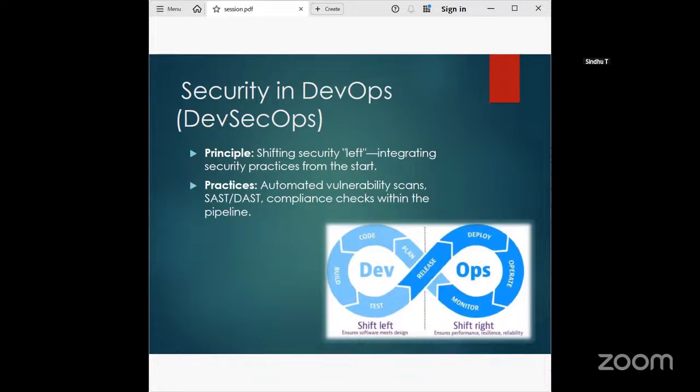There are some security governance and compliance frameworks: the ISO standards, NIST, and IAM, identity and access management, where you can specify who can get access using those principles. Cloud governance ensures standardized policies for security, cost, and operations. Compliance frameworks include the ISO standards, GDPR, and HIPAA, which is for health data. Cost governance includes budget alerts, tagging, and resource monitoring. So you have to shift security left, so security in DevOps.